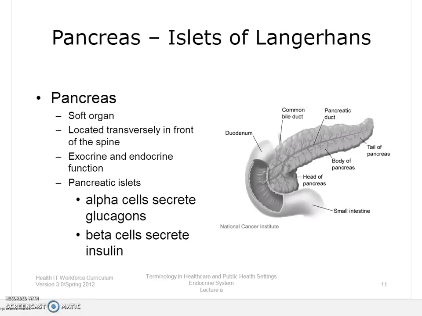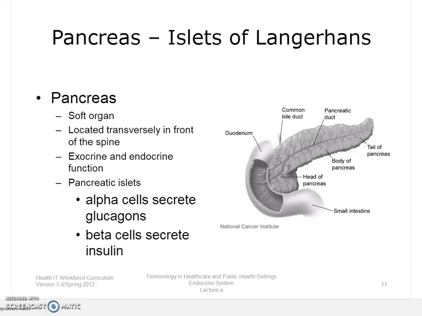The pancreas is a long, soft organ that lies behind the stomach and in front of the spine. As one of the endocrine glands, it is responsible for making insulin and producing or secreting enzymes or chemicals that assist the body in the digestion of food. Because this gland releases digestive enzymes that are carried through a duct to the duodenum, it is also referred to